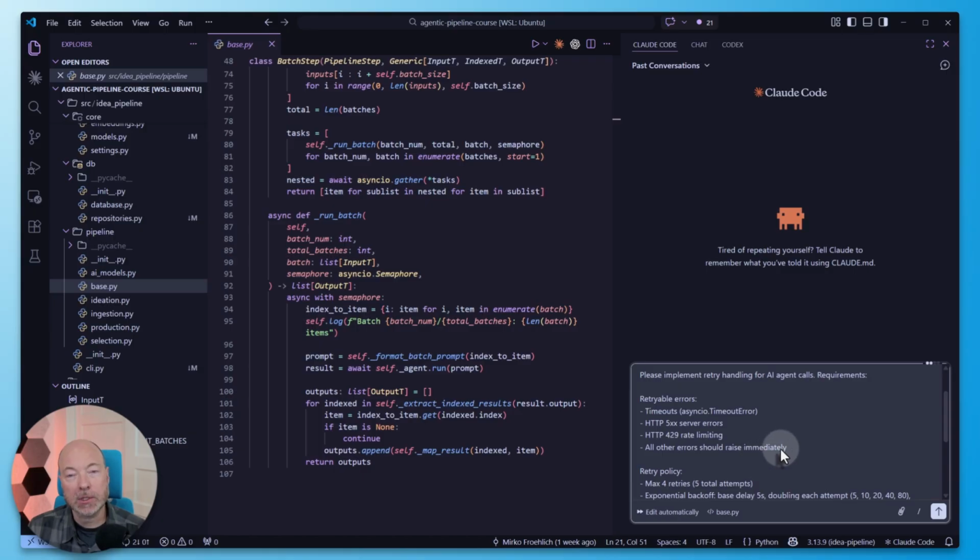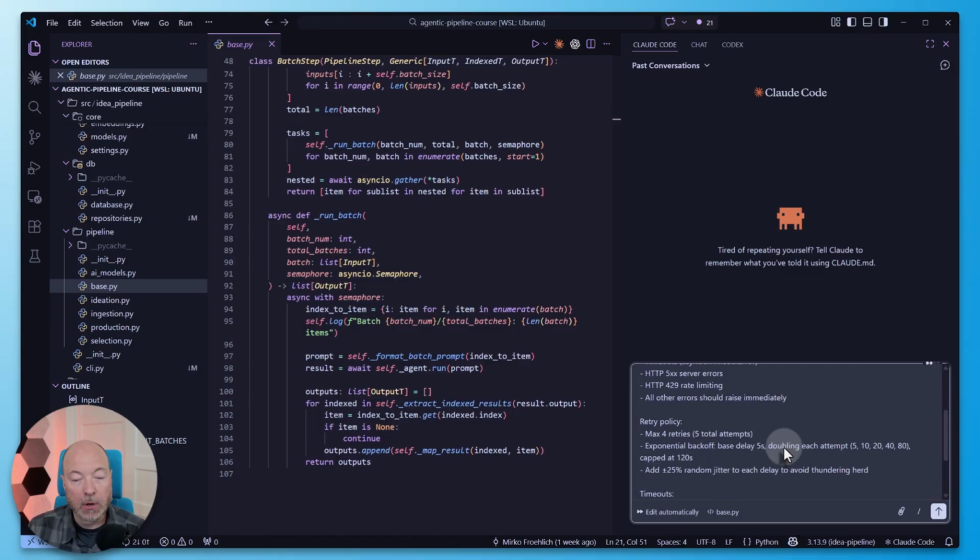It is quite important to distinguish between the different types of errors that we're getting back, because retrying other classes of errors usually won't do us any good. Then we have our retry policy. We're going to retry each error up to 4 times, so 5 total attempts. We'll use an exponential backoff. The base delay is 5 seconds, and then we'll double this at each attempt. So 5, 10, 20, 40, 80, and then 120 is going to be the highest that we use. Technically, we won't reach this because we only have 5 attempts, but